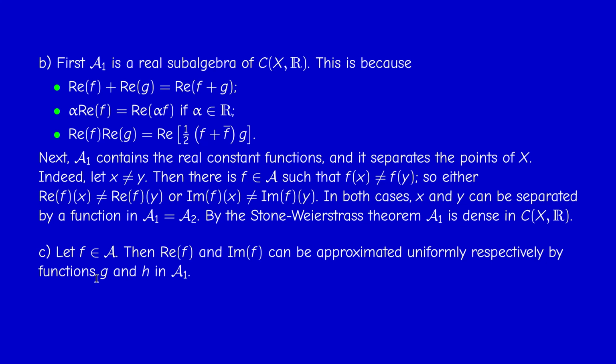What does this mean? It means that for every epsilon positive, there exists an element g in A1 such that the distance between real f and g is less than epsilon. And similarly, the imaginary part of f minus an element h in A1 is less than epsilon in the maximum distance. So if we use the triangle inequality,